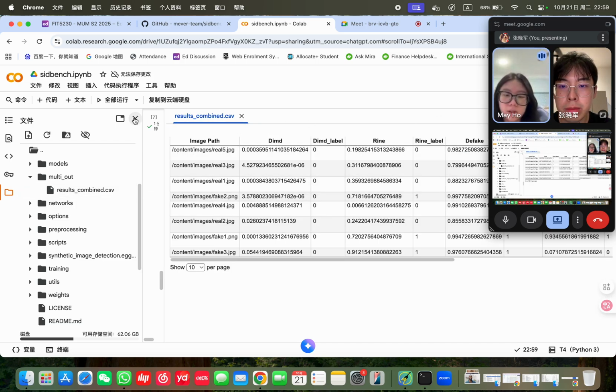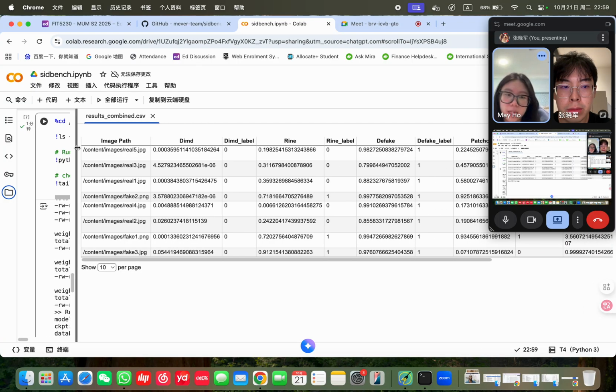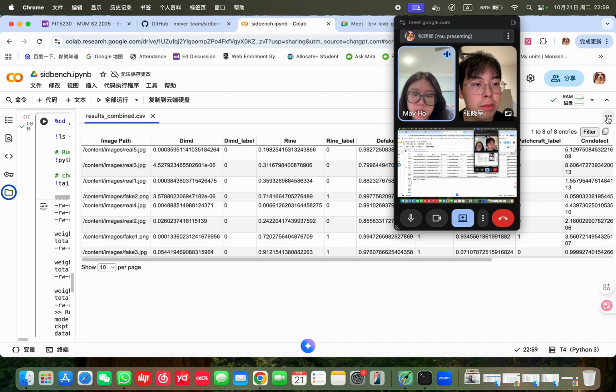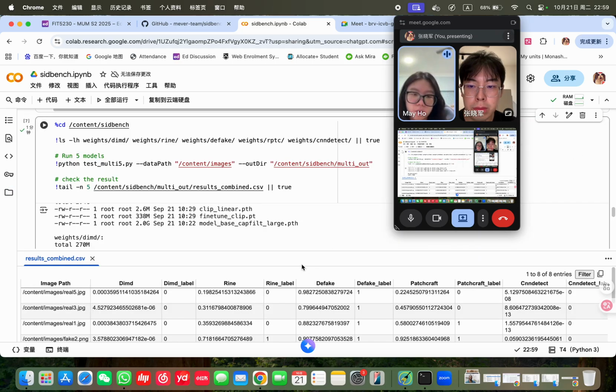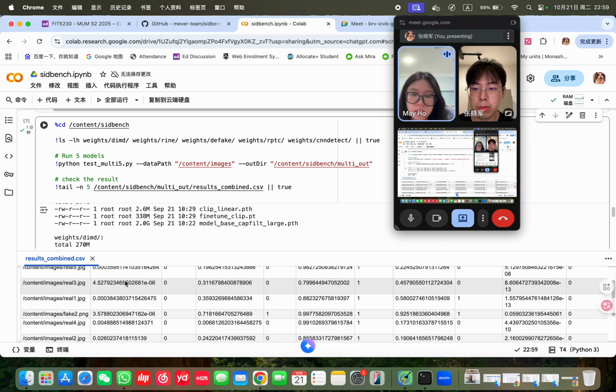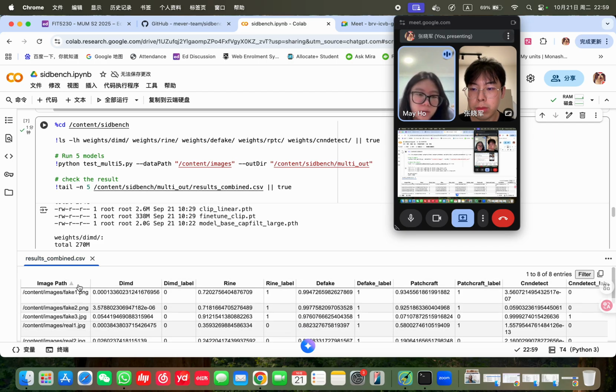Okay, now the result is out. Let's analyze what we obtained. So we can see here we have input 8 images. The table here shows example output of all 8 test images, but now we just analyze one real image and one fake one. So we can see the fake one.png is an AI generated picture which was created with Stable